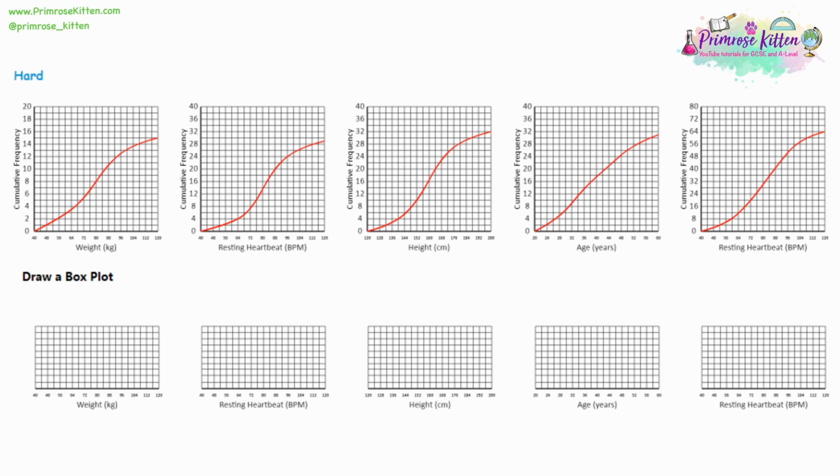So now we're going to have a look at something called a box plot, and a box plot is an easier way to kind of record all these values without writing a list. So a box plot requires 5 different values. The first value is the minimum point, and the minimum point is the very lowest part of the graph. And for our first table, which is weight against cumulative frequency, the minimum point is at 40. So on our box plot, I'm just going to mark off 40.